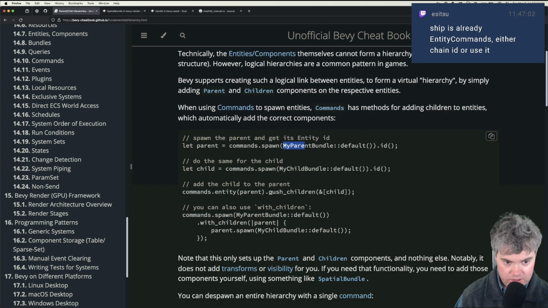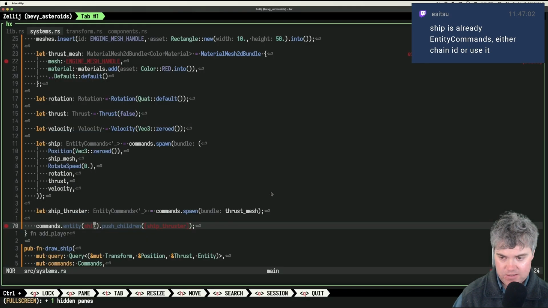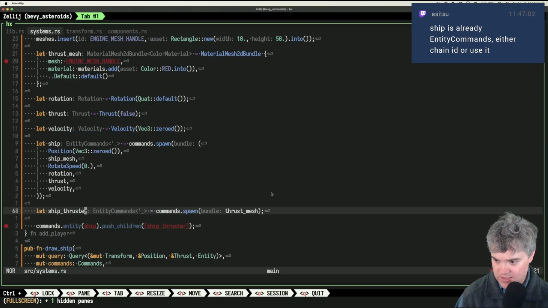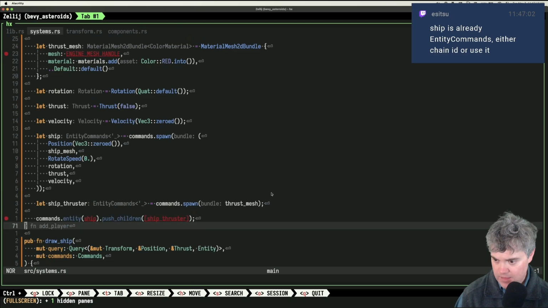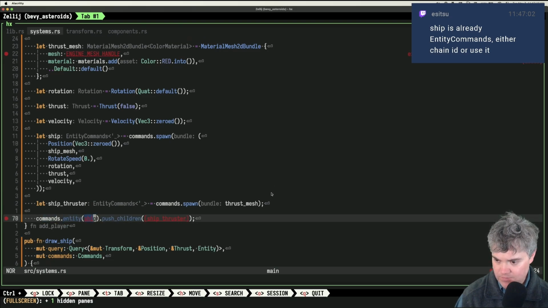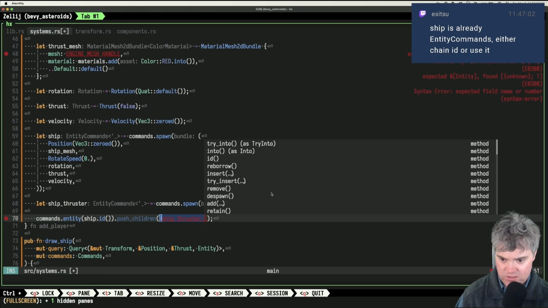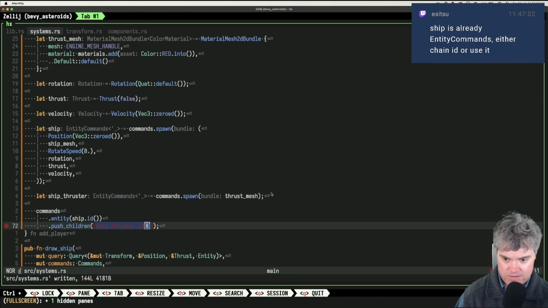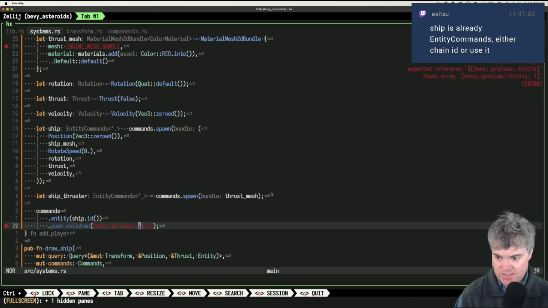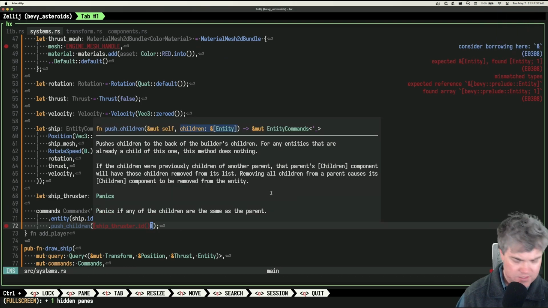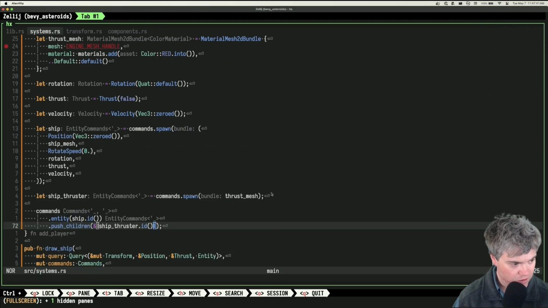Oh, there's a .id I'm missing on these two commands. So really I get ship.id like that, ship thruster.id like that. Expected a reference. Oh, okay. There we go.